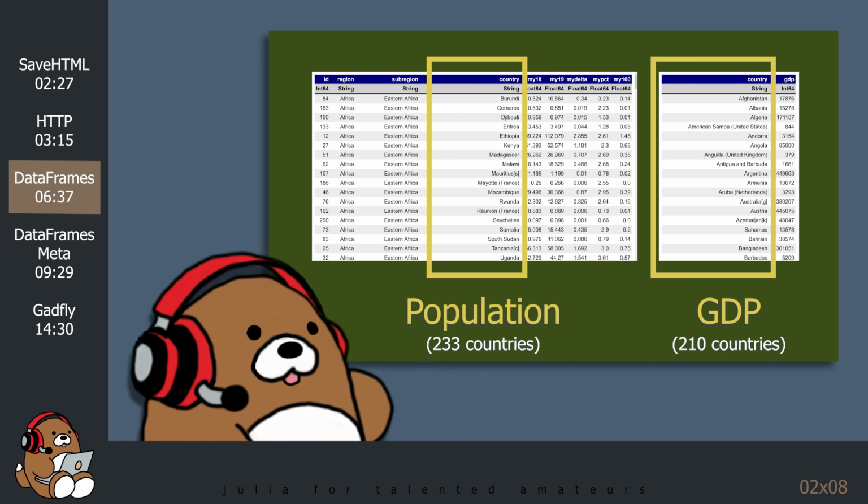When joining these two data frames, there is a catch. The countries listed in both data frames must be an exact match. For example, you cannot have United States in one data frame and have US in the other data frame. Cleaning up this data is part of the data wrangling process that we learned last week. For today, I have cheated a little by providing you with a cleaned up list of countries.